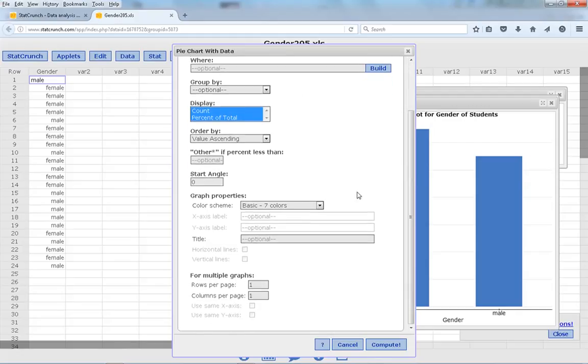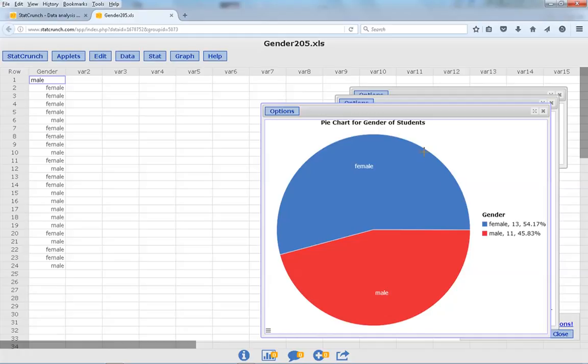Then under the Graph Properties section, where it says Title, you can enter an appropriate title. So I will use Pie Chart for Gender of Students. Next, click Compute. And here's your pie chart. Notice it tells you the blue is female. There are 13, and that represents 54.17%. Males is the other category. It's in the red. That is 11 males in the sample, and that represented